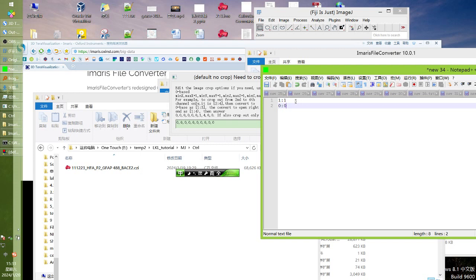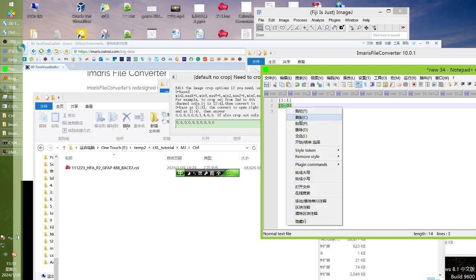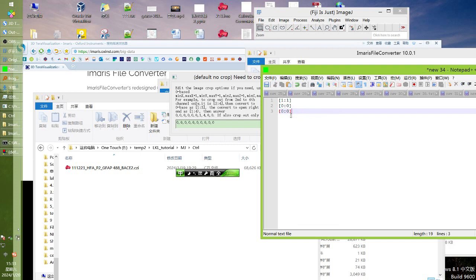So 1 to 1 is closed end, and 0 to 0 is closed end. This equation should be further converted to the open end. So the right open end is second at 1, so it's 0 to 1, and this becomes a round bracket. It is something in algebra or mathematics.